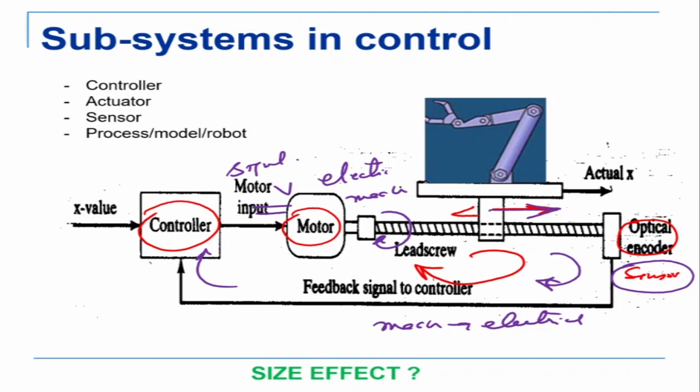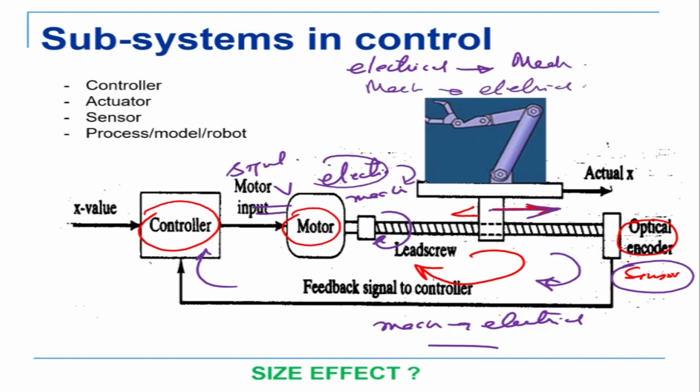And because the actuator is converting electrical signals to mechanical energy, so we have electrical voltage to mechanical rotation, what we need to do is convert this mechanical rotation back into electrical energy again, and that is what the sensor is doing. So in this closed loop control system, the energy conversion is going on from electrical to mechanical, and then mechanical to electrical again. Okay, so here it's an actuator and here it's a sensor.